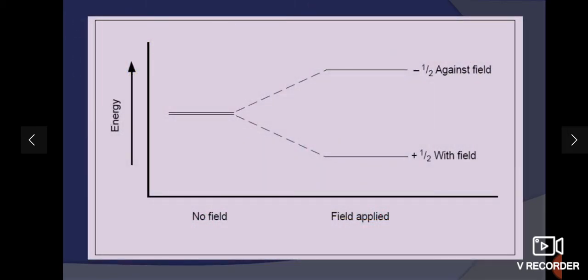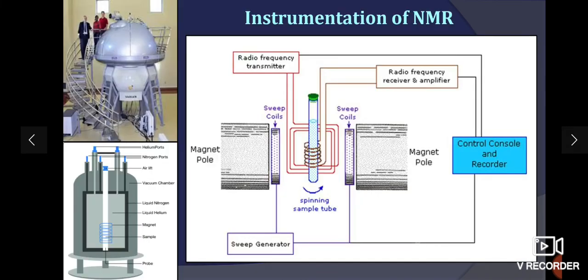If the substance is placed in an external magnetic field, the nuclear magnet can have two alignments, of lower energy and higher energy. To make the nucleus change to the high energy alignment, energy must be supplied. The energy absorbed corresponds to radio wave frequencies. The precise frequency of energy depends on the environment of the nucleus, that is, on the other nuclei or the electrons present in the neighboring atoms. We have gone through the concepts of NMR, and now we are moving ahead with the instrumentation of NMR.